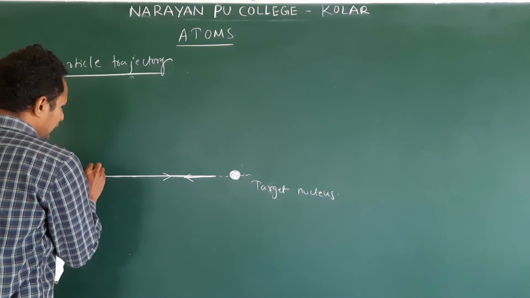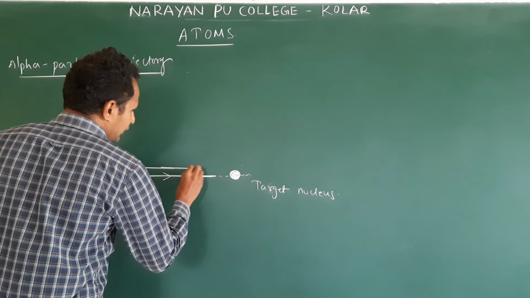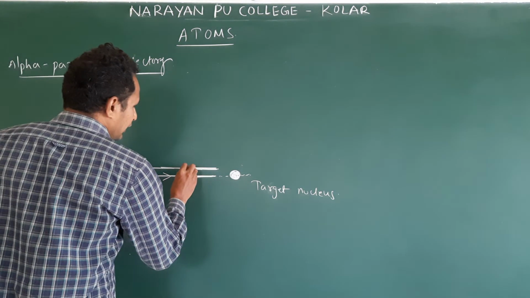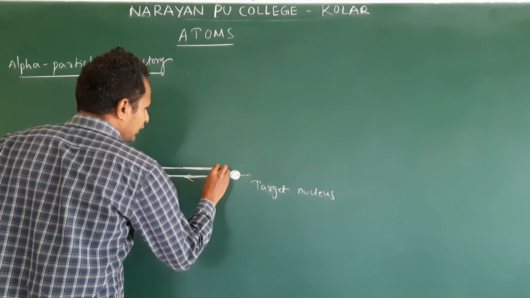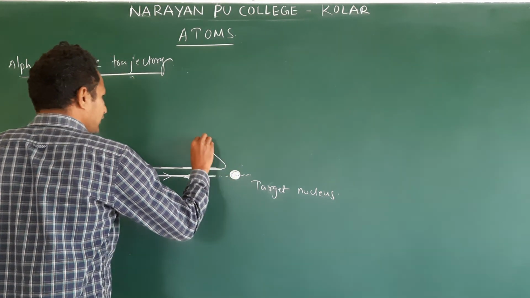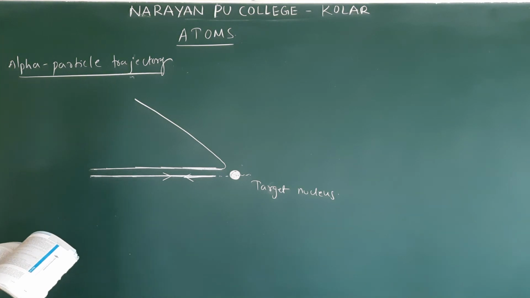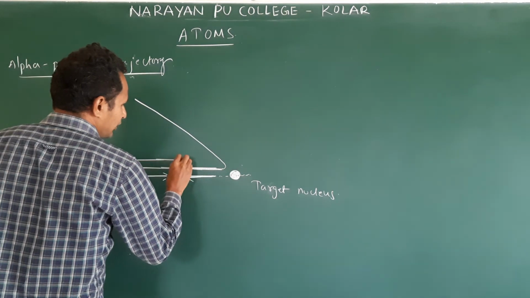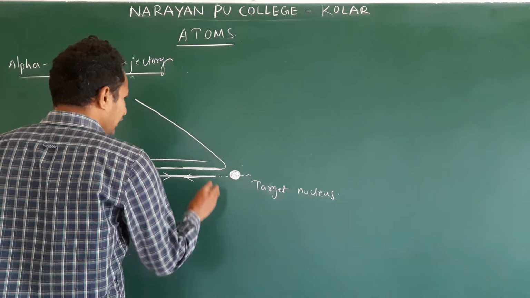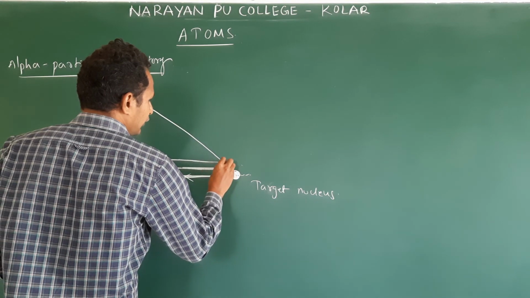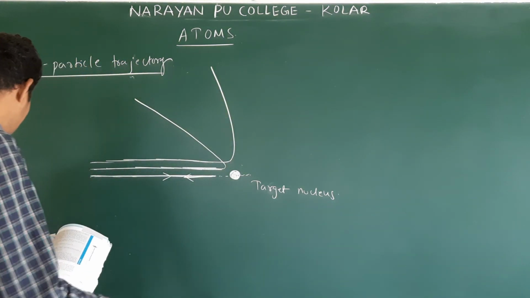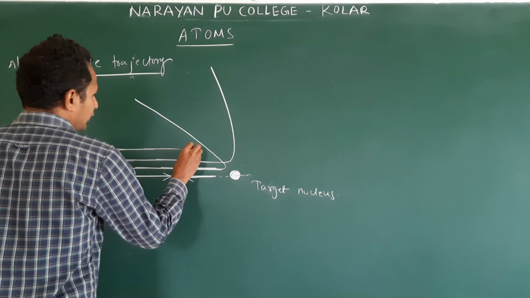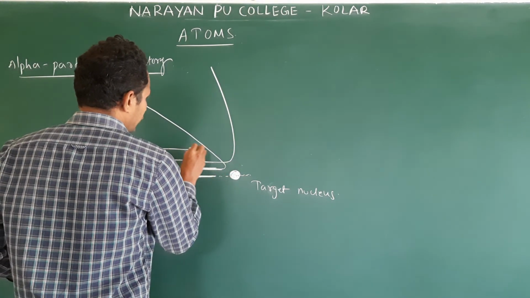So just another line. Is this falling at the center? No. It is just above the center. So the deviation, meaning the scattering, is more. Okay? As we move away, another ray is away from the center of the nucleus, then the deviation is like this. Means scattering. Then take another ray. Clear? So this one.